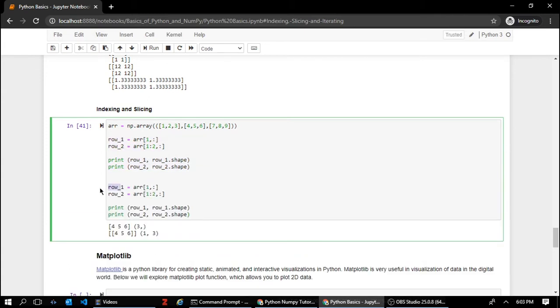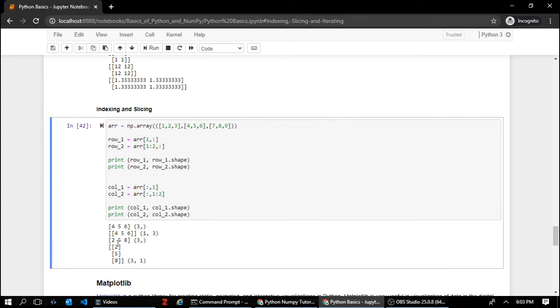Now in a similar way we'll discuss column indexing and column slicing. So column_1 is an example of our column index and column_2 is an example of column slicing. We'll quickly change these values and print the same out, and we'll see how our column got indexed and sliced. So here we get the expected output. There are a lot of things that you can try out with indexing and slicing with different arrays.